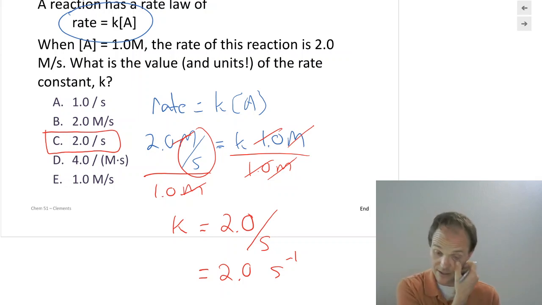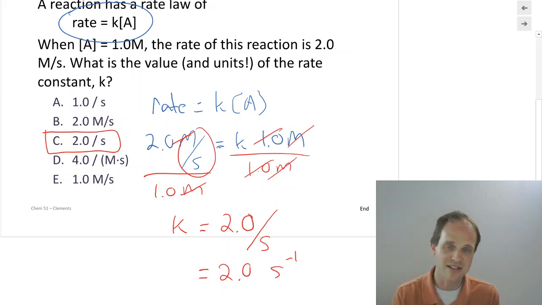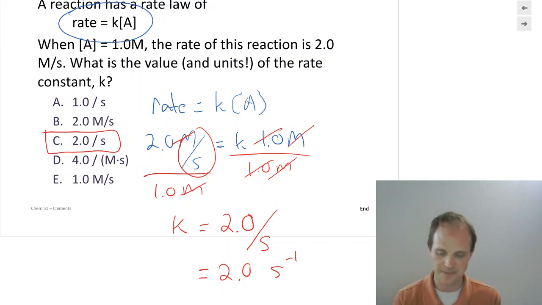All right, so that's how we can calculate our k values by knowing some rates and some concentrations and orders of reaction. And you notice k has this fun unit. What is per second? You know, it's hertz, right? It's cycles, but it turns out it doesn't really mean much. The units of k are actually unimportant from a meaning standpoint, very important from a utility standpoint. You have to have k with the right units in order to get the right units for your rate.